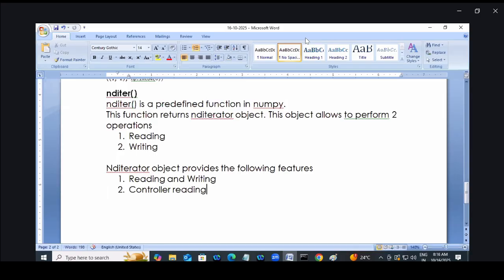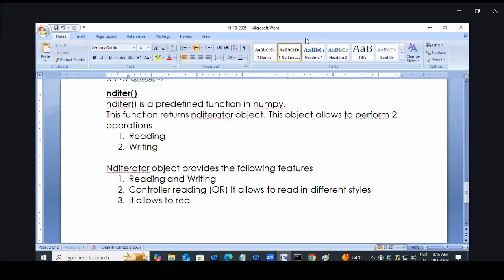Controlling reading means it allows you to read in different orders, in different styles. And the third one is